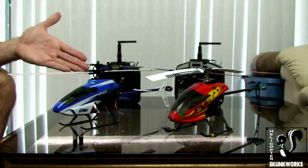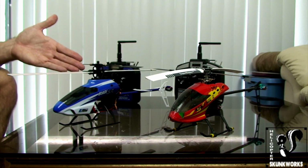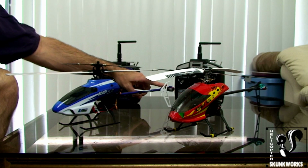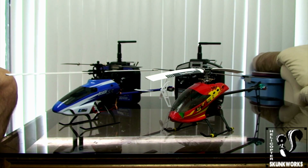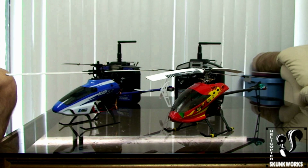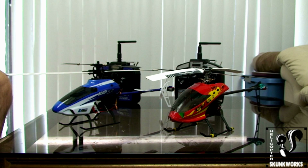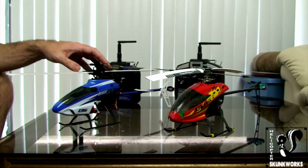I'm sure there's going to be a ton of upgrades for this thing within not too long a time. There's going to be all kinds of upgrades. Hopefully one of which that I'm hoping for personally will be a shaft-driven, direct drive tail rotor with a feathering pitch. If not, a person could always cook up some sort of custom mod, but they'll probably even have that in the future, I would suspect. Maybe, maybe not, don't know. So anyway, that is pretty much the basic on-the-surface beginner perspective differences between the collective pitch helicopter and